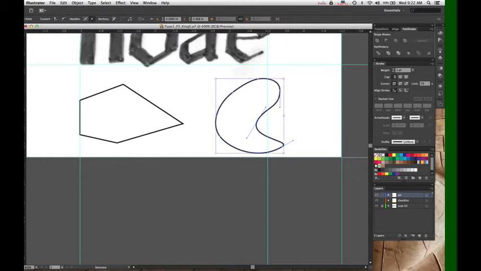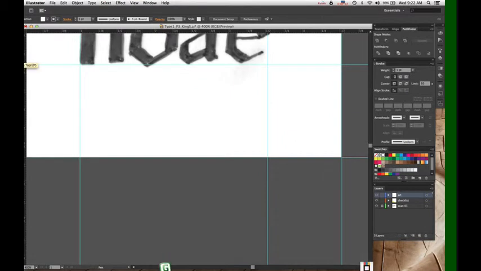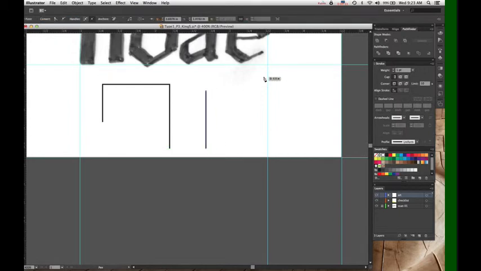So let's talk about the very basics of drawing with the pen tool. You have a pen tool. At its core, you just connect dots. There are open shapes, and there are closed paths. So on my left is an open shape, an open path. The shape I'm going to draw on the right will be a closed path. In that, I'm going back to the point where I started, closing the shape.